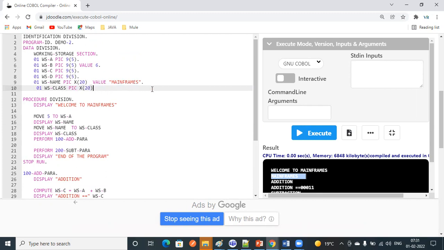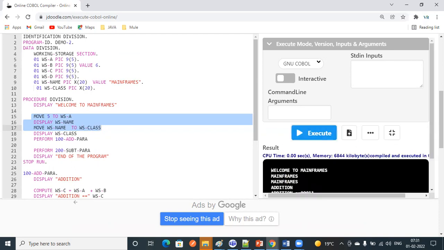I'm not assigning any value. So if you see here, I'm passing the value to this variable. Move WS-NAME to WS-CLASS. Okay, WS-NAME contains mainframe and it will move the same characters into WS-CLASS.